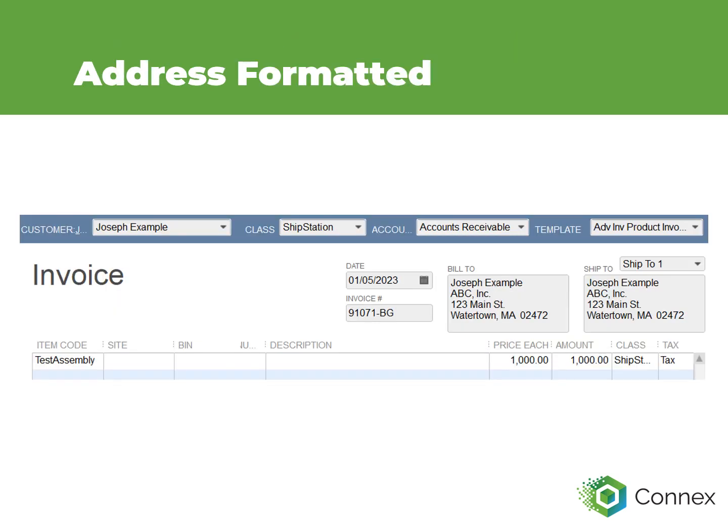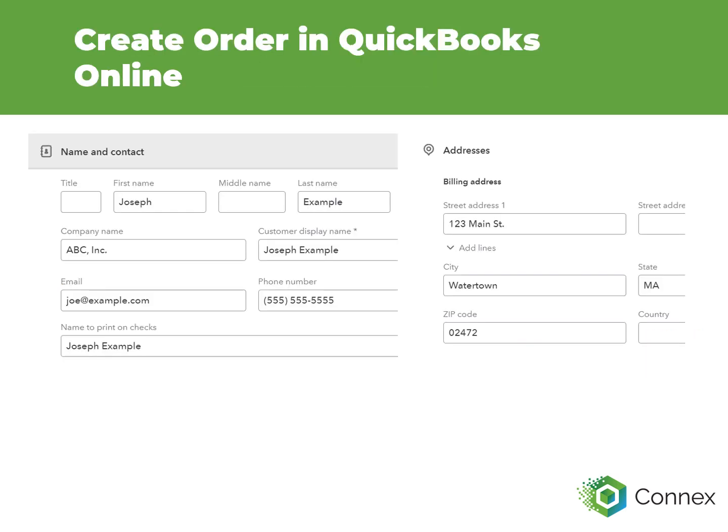I will go into QuickBooks, I will go into the customer record, and there'll be a new transaction option, so I'll choose New Invoice, and you can see that QuickBooks has copied all the information onto the QuickBooks sale, as you can see here. I then added an item to the sale and put on the ShipStation class and a price. For QuickBooks Online users, I will go to the customers area and I will make a customer and I'll